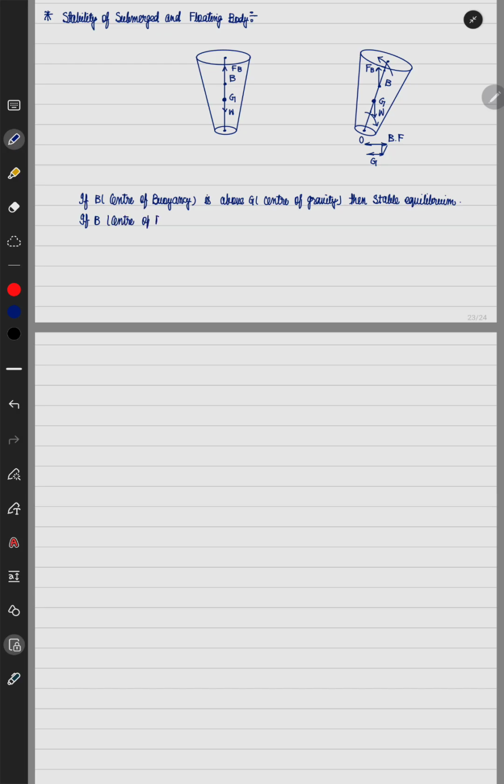If the center of buoyancy is below G, that is the center of gravity,